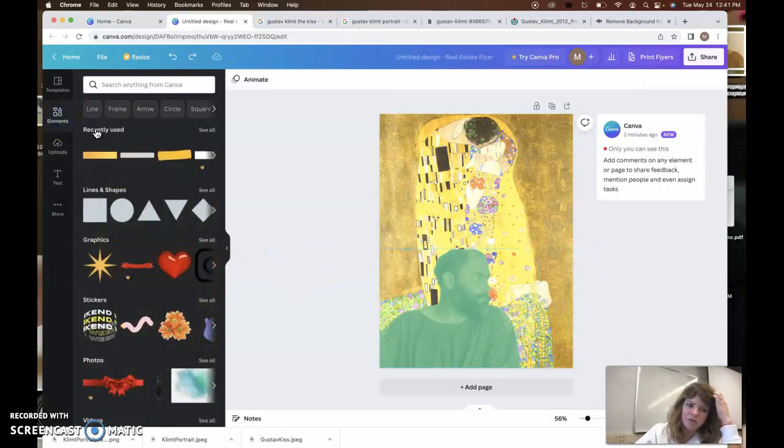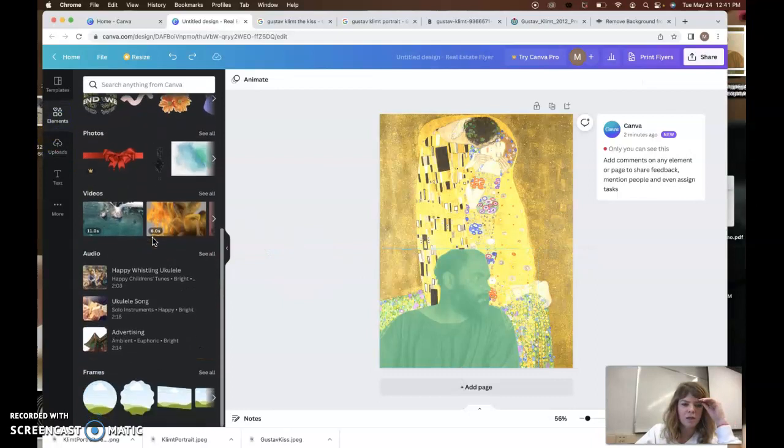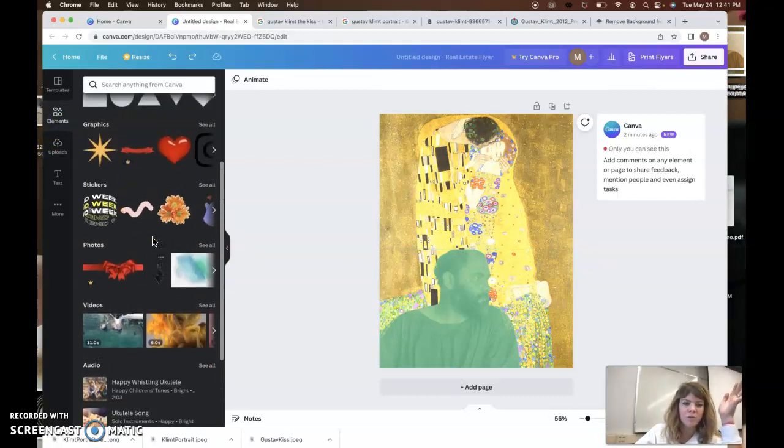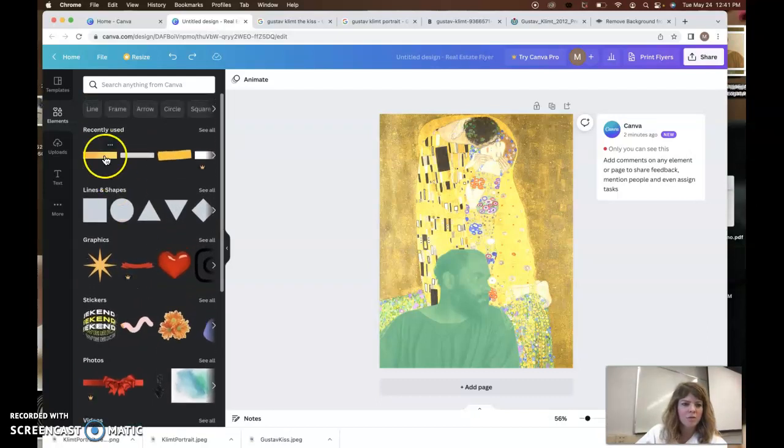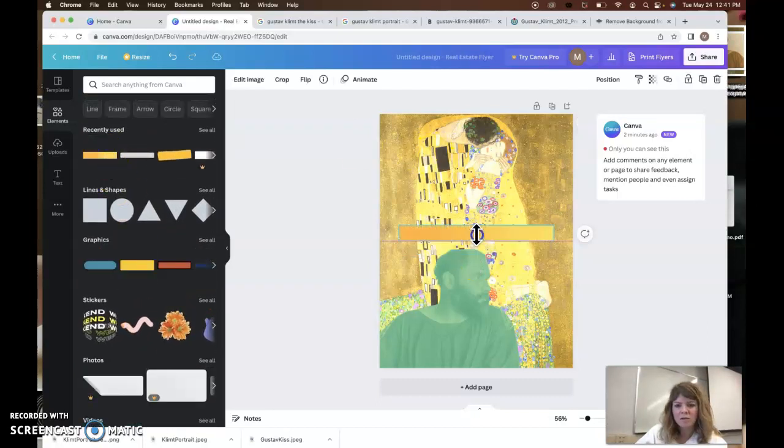Let's go into the elements. This is where we can actually bring in lines and decorative elements. I want you to have at least 2 or 3 of these in your image. I'm going to just bring in a couple lines. I can size them, make them smaller. This one you can't change the color of, but it's an image, so you can change some things